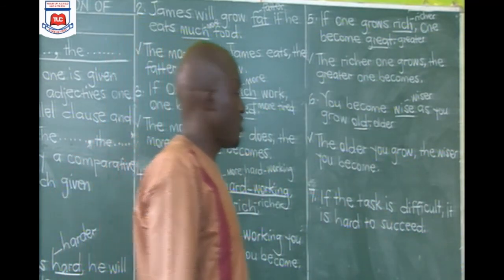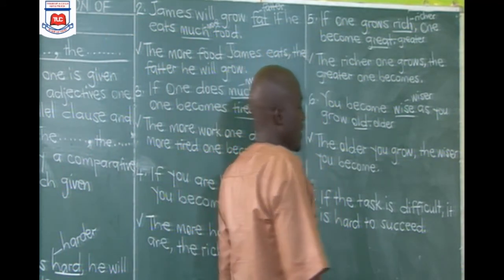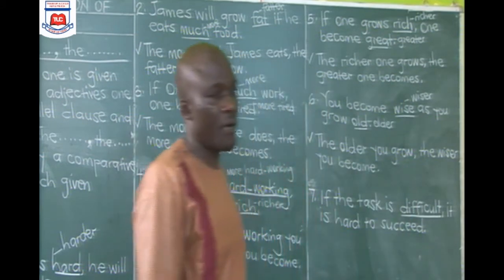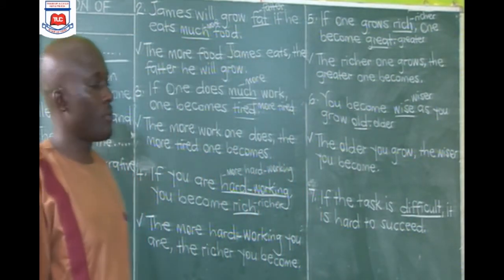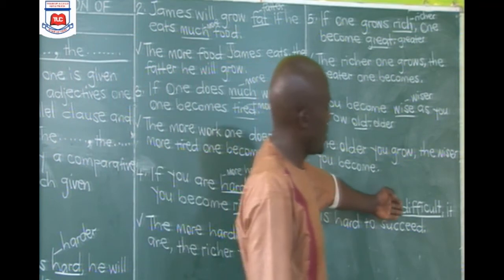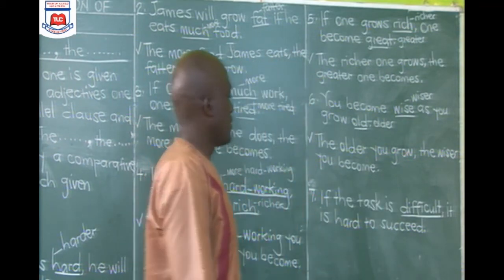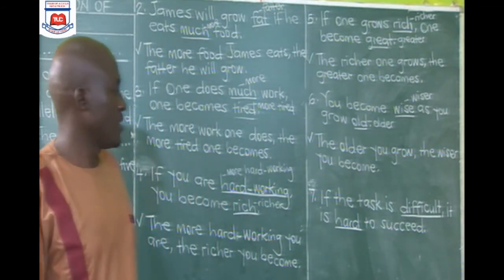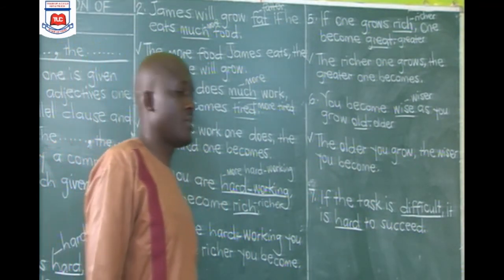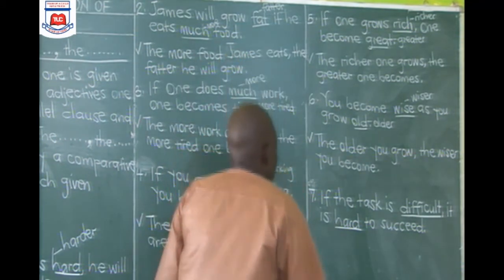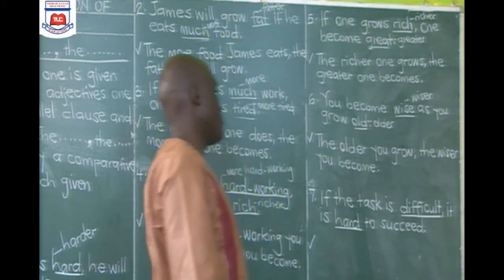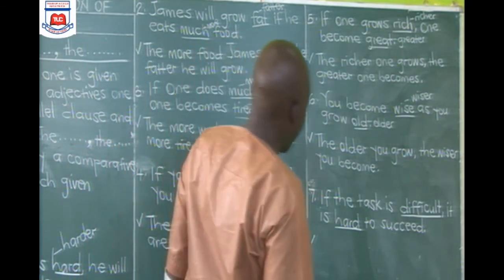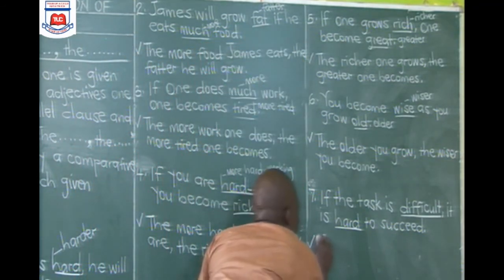Where are the adjectives? The adjectives in this case are, one, difficult. What is the comparative degree of the adjective difficult? The comparative degree of the adjective difficult is more difficult. Then another adjective here is hard. What is its comparative degree? The comparative degree of the adjective hard is harder. So what is going to be our response? Our response is going to be the more difficult the task is,